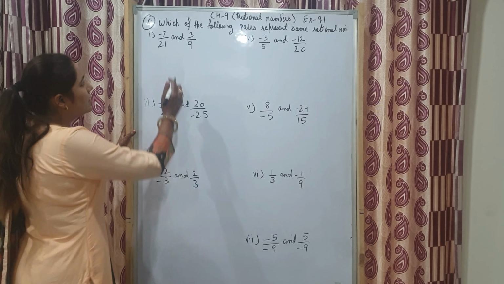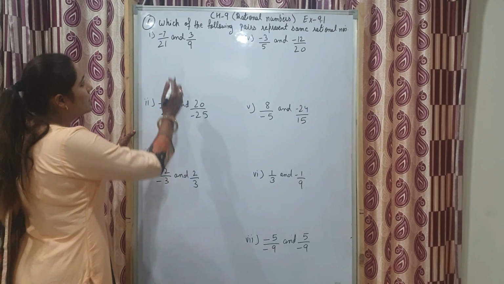Now the fifth part, 1 upon minus 3 and minus 1 upon 4. Here the minus sign is in the denominator, so we will shift it to the numerator. Minus 1 upon 3 and minus 1 upon 4. Both are negative, we will cross multiply. 4 multiplied by minus 1, minus 1 into 4, and 3 multiplied by minus 1. We will get minus 4 and minus 3. Between minus 3 and minus 4, which one is greater? The minimum value, that is minus 3. Moving upward, which one is greater? Minus 1 upon 4 is greater than minus 1 upon 3.